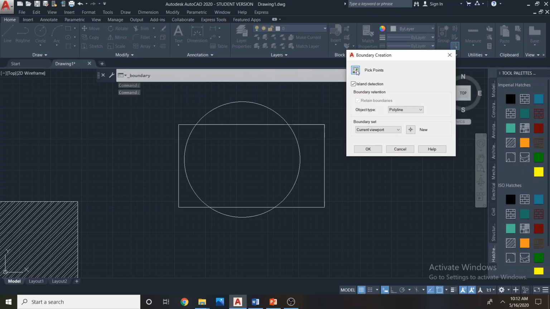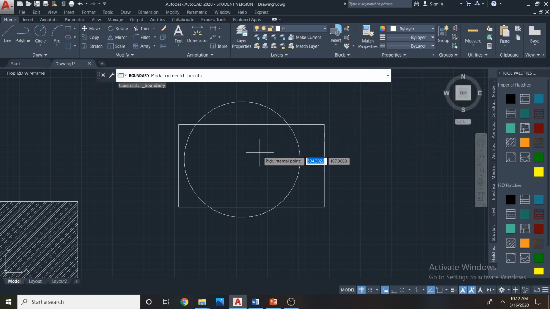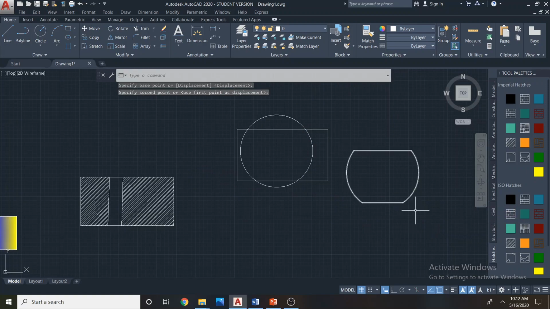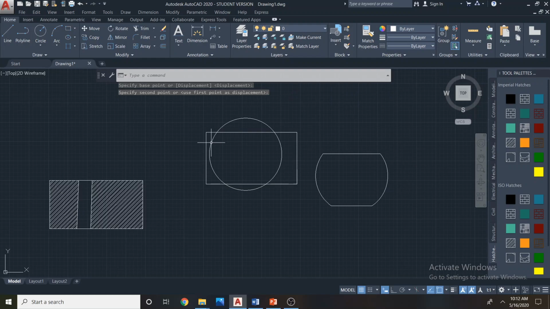So if I click here, island detection is on. If you just click on this, you see it highlights this common area. And if I press enter, you see nothing happened, but it has now extracted the information. So I can use the move tool and take it out now. This is the common area which I got from these two drawings.